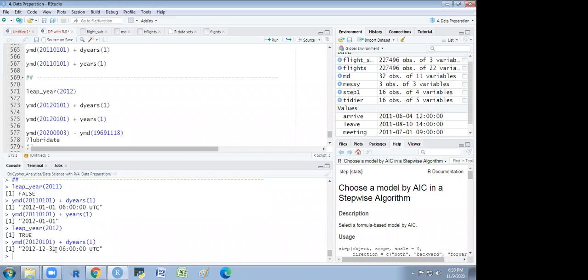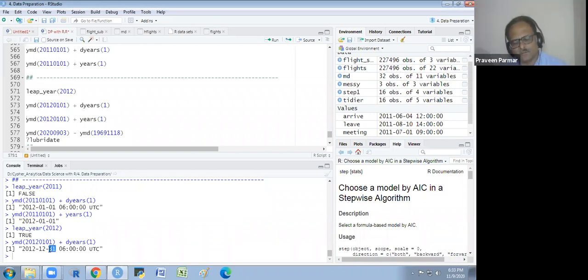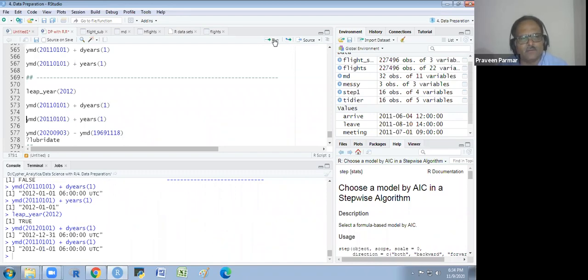So here you see it is giving you the 31st, not the 1st January 2000. Got it? I just take 11 here so you can see it in a better way. I just run it now. So it is okay, 11. Sorry, we have to take 12. We are taking it for the leap year.